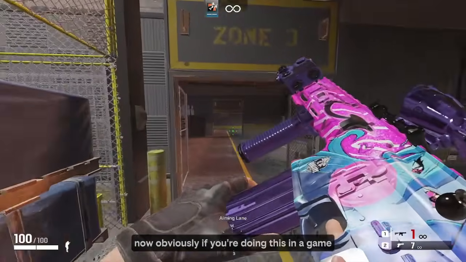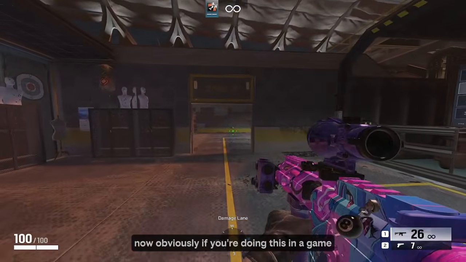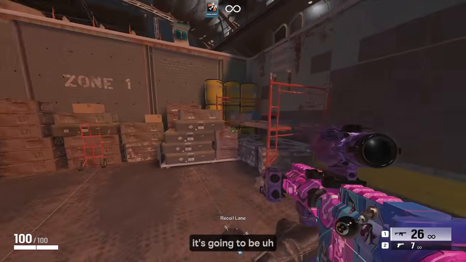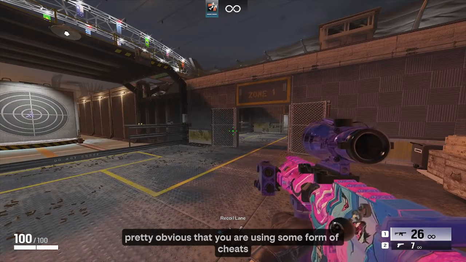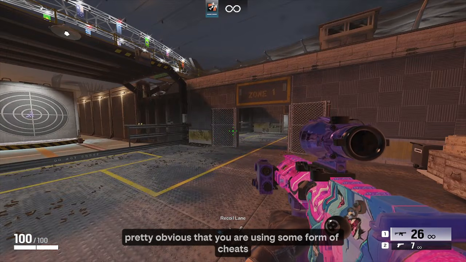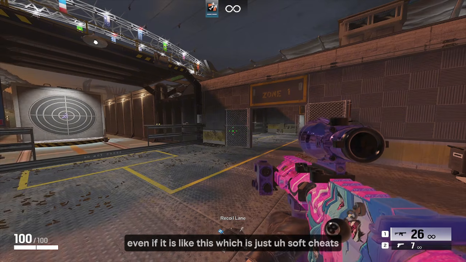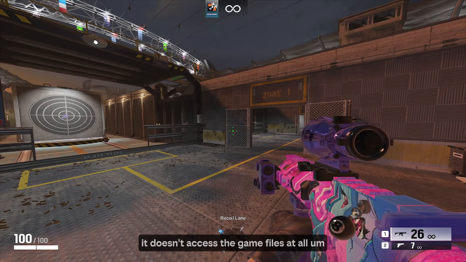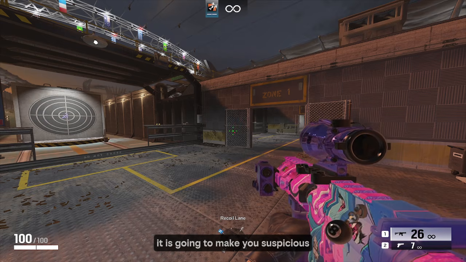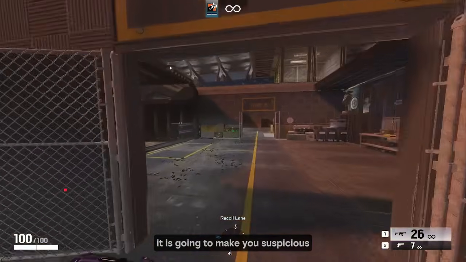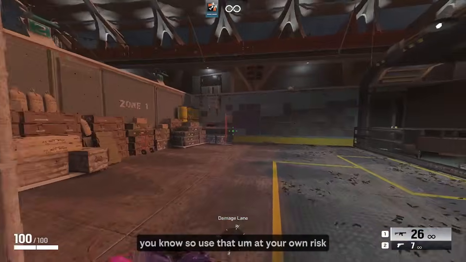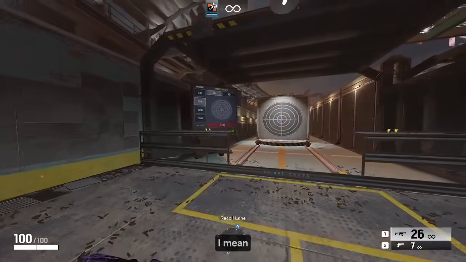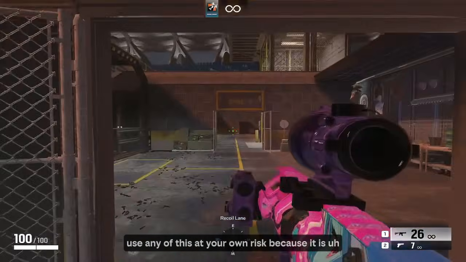Now, obviously, if you're doing this in a game and somebody sees you doing that, it's going to be pretty obvious that you are using some form of cheats, even if it is like this, which is just soft cheats. It doesn't access the game files at all. It is going to make you suspicious, you know. So use that at your own risk. I mean, use any of this at your own risk, because it is